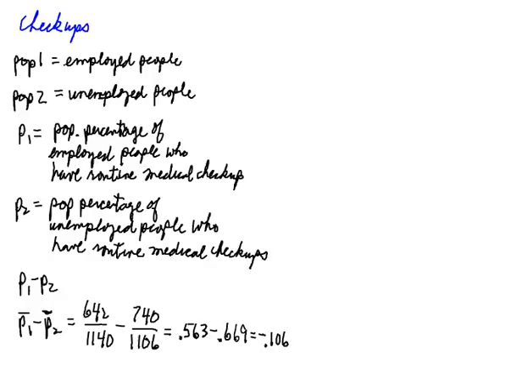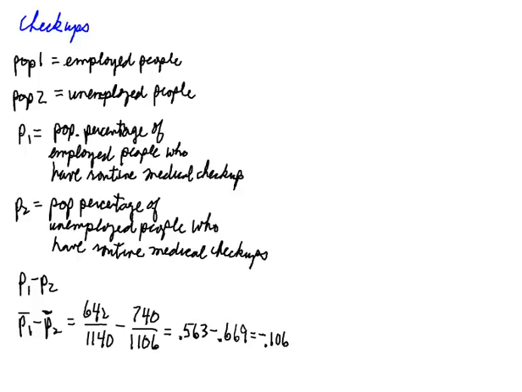Revisiting this same problem, we want to run a hypothesis test to determine if there's enough evidence to prove that a higher percentage of unemployed people have routine medical checkups than do employed people. I maintained that population 1 was the employed people, population 2 unemployed people, P1 being the percentage of employed people who have routine medical checkups, P2 being the population percentage of unemployed people who have routine medical checkups. And based on the two samples that were collected, the difference being negative 0.106, seeming to indicate that